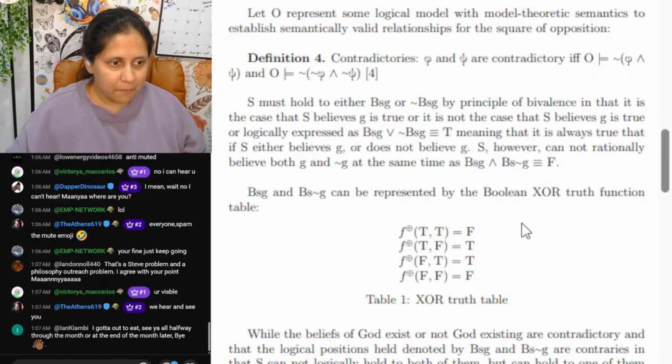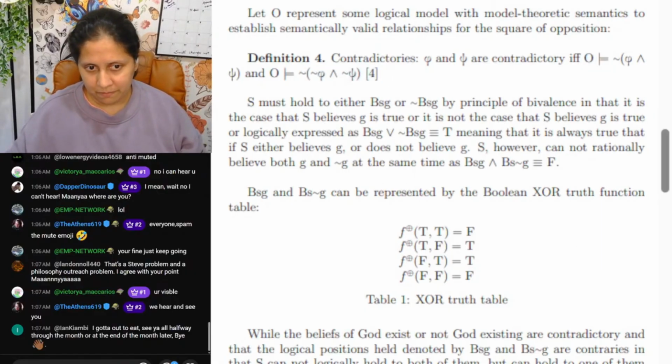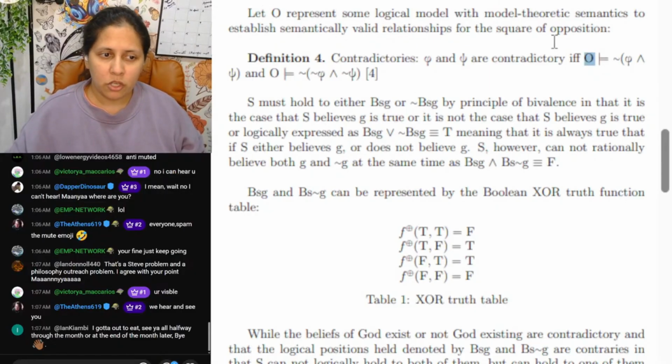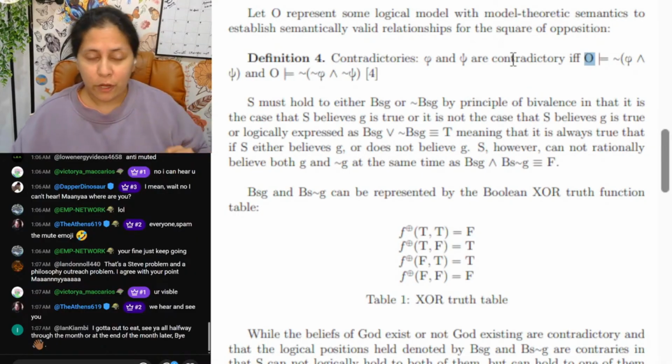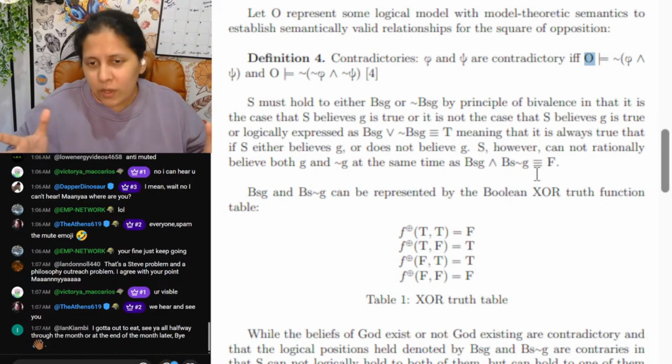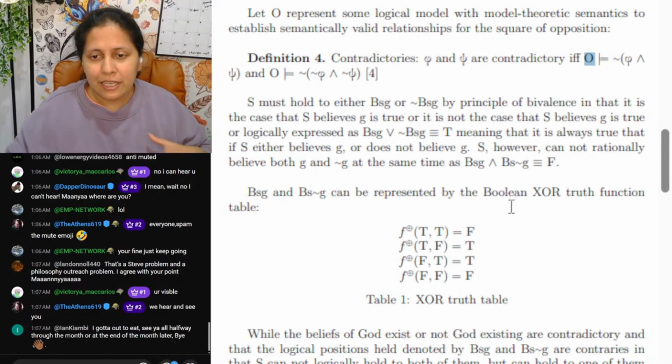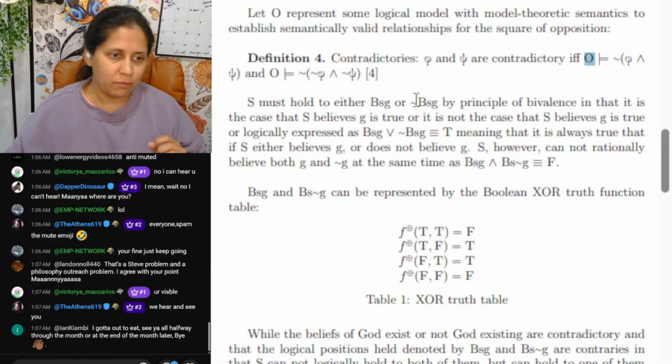What it says is, in the contradictories, phi and psi cannot both be true and cannot both be false. That's all it's saying, simply. If we are using a formal system, if O represents some logical model with model theoretic semantics to establish semantically valid relationships for the square of opposition, simply put, if O is a model where it's trying to establish some sort of relationship between some positions, then contradictories in that model would be